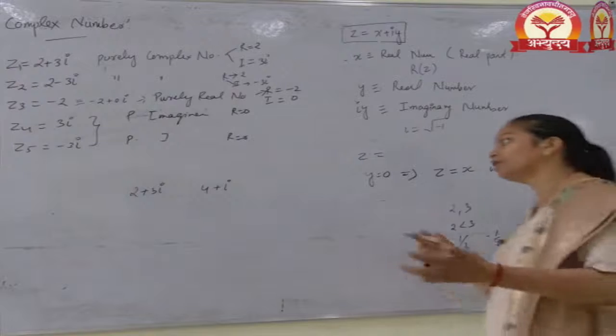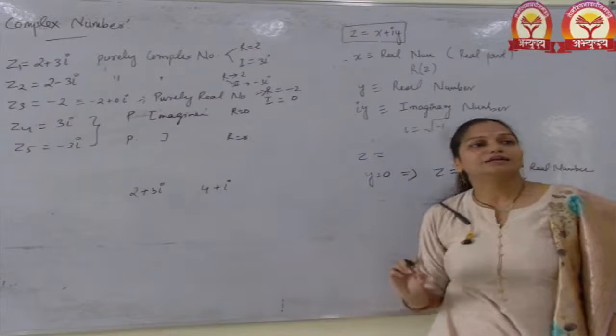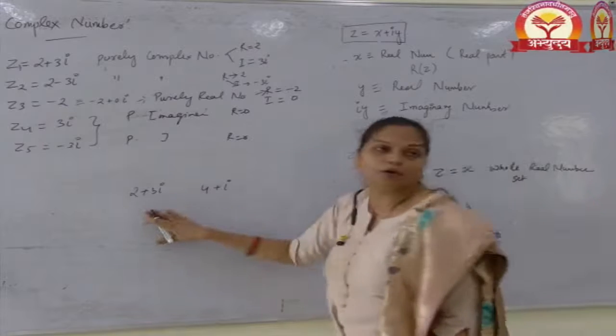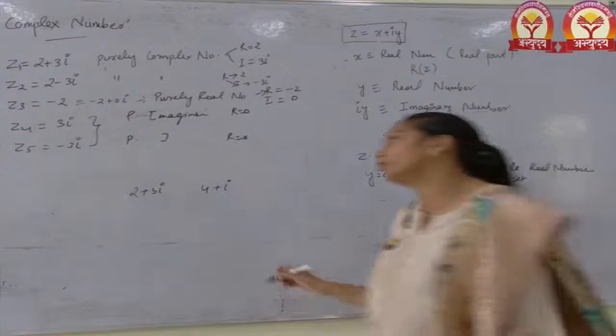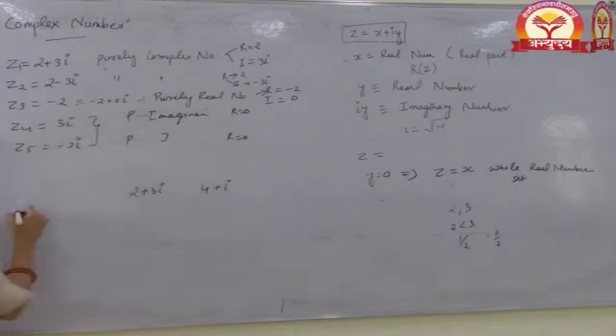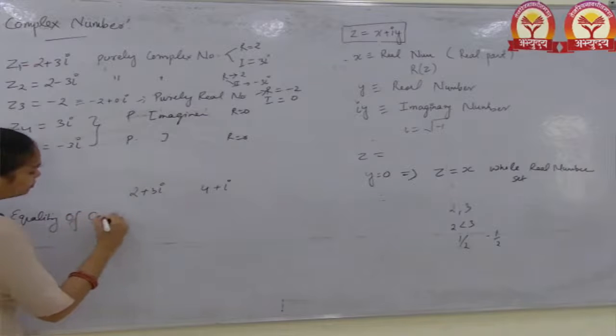Okay. 2 plus 3i is not equal. You cannot define this, but I just say only inequality is not defined in a complex number. Equality is defined in a complex number. How can we define equality of